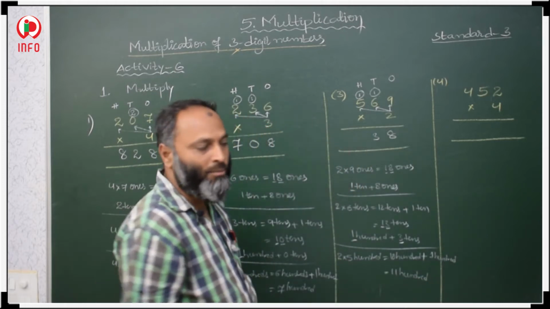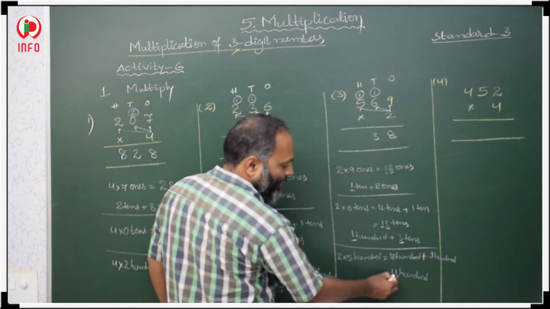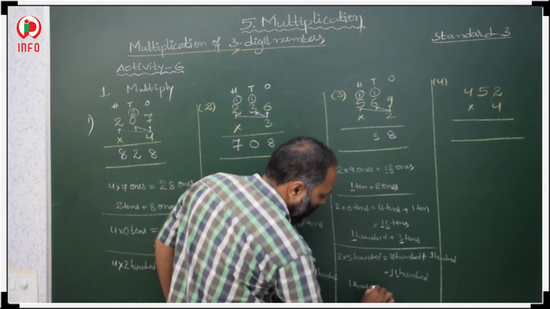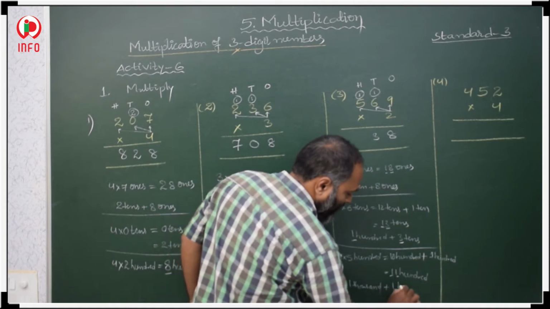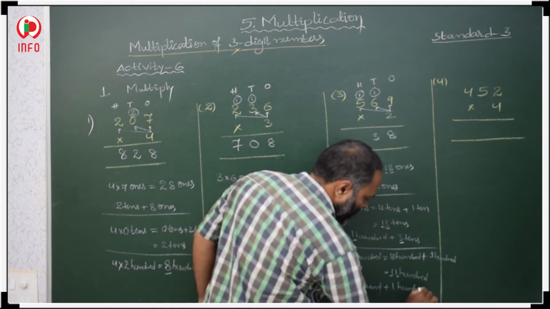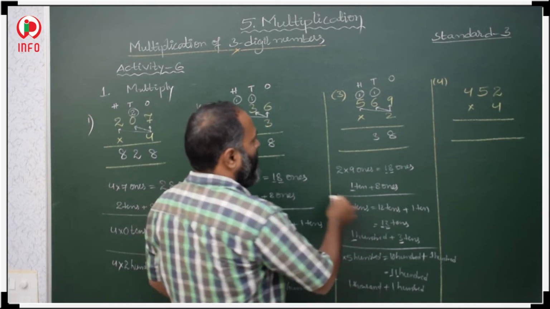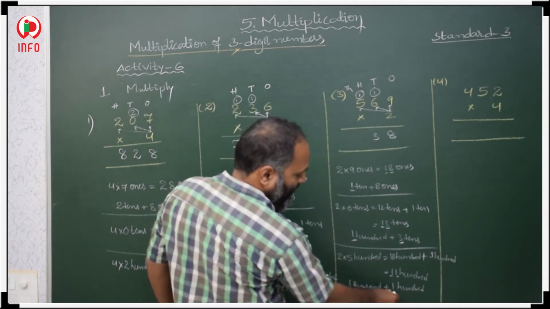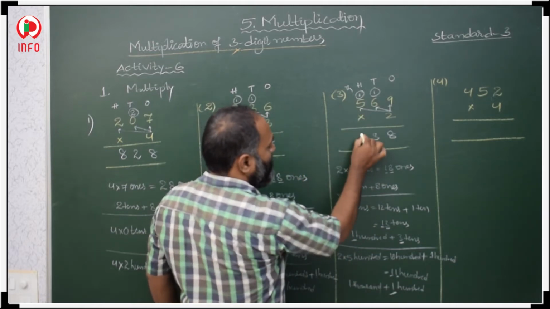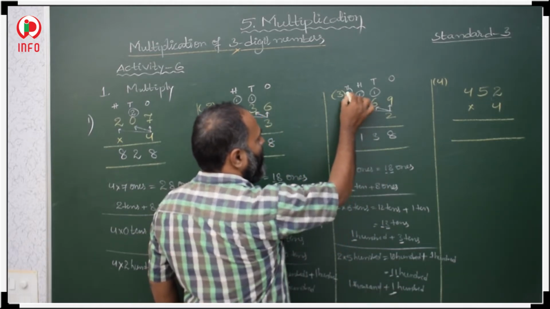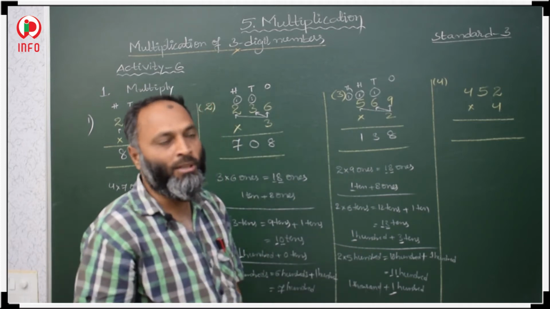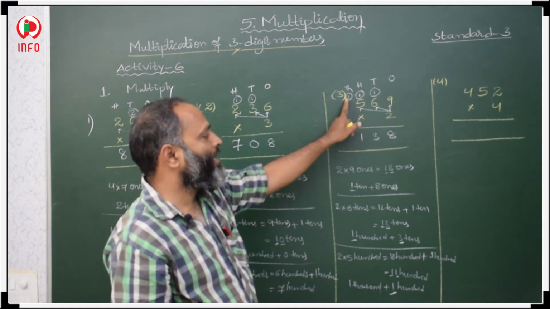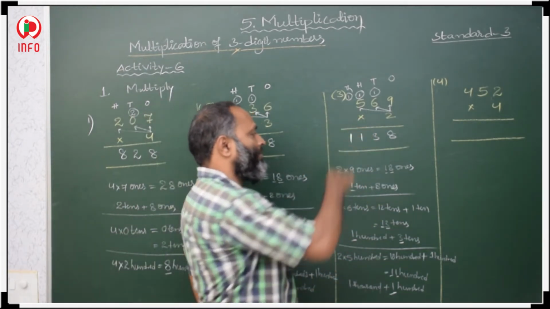1100 is a 2-digit number, so regroup it. This is 100 and 1000, 1000 plus 100, 1. Here there is no thousands place, so first you write 1000 here. First, how many hundreds are there? 100. In the hundreds place 1, and in the thousands place we take carry over 1. After that there is no thousands place, only 1 is left, and that one you keep as it is.